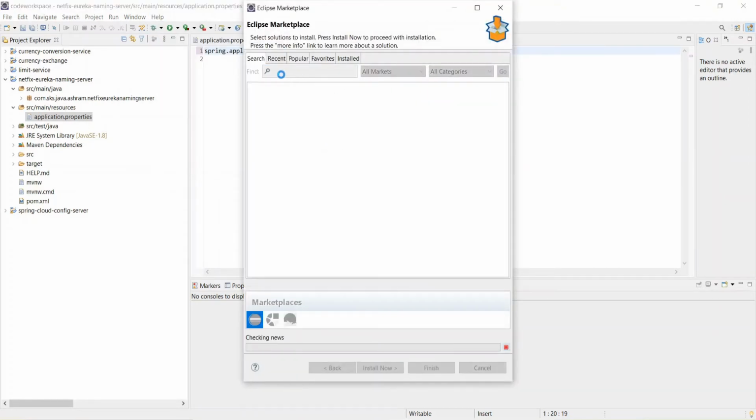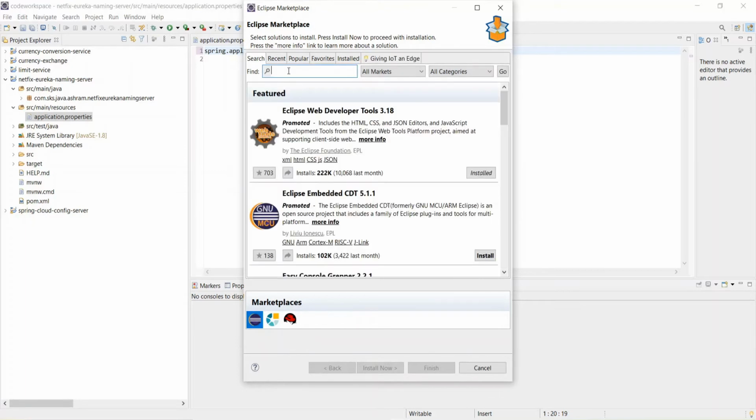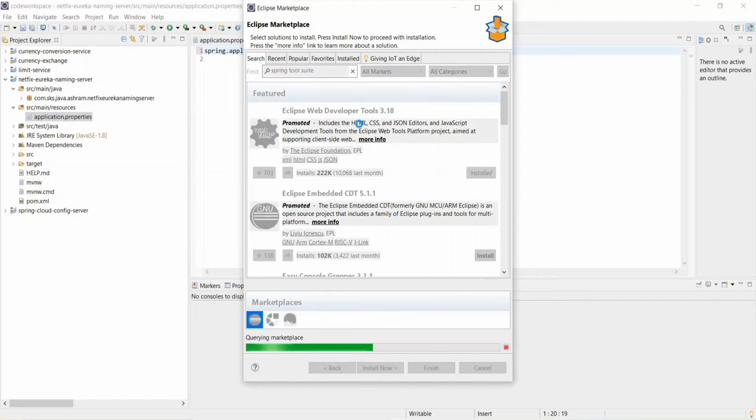Okay, maybe it will take some time. But you can learn also how the auto-completion can be achieved, and how the application properties will look like in the Spring-based properties file editor, right? So it's taking time. Yeah, so here you can type Spring Tool Suite. Okay, and search here, go, right?